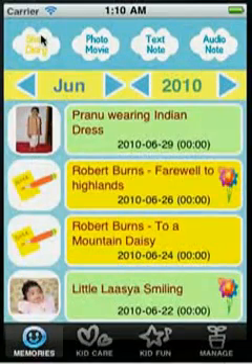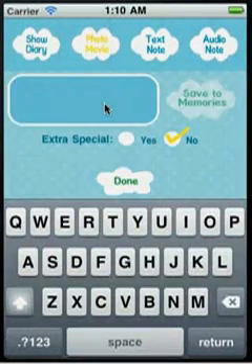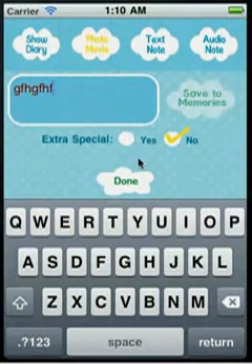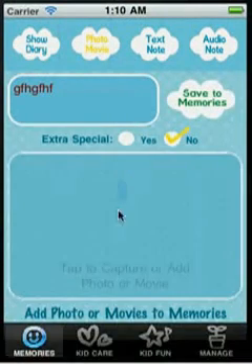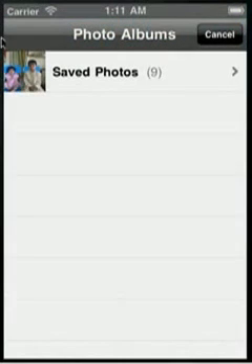We can go back to the main page, and if you want to take a movie, go to photo or movie, add a caption here. Then you're done. Just click a photo, a movie, or we can add from the photo library. So these are the photos that are already there. We can choose one,